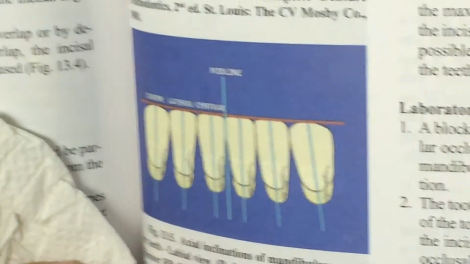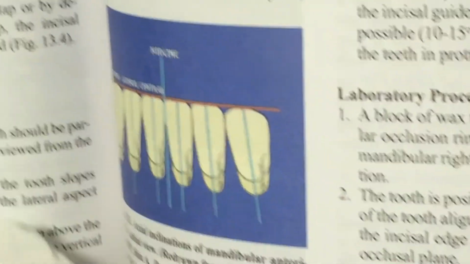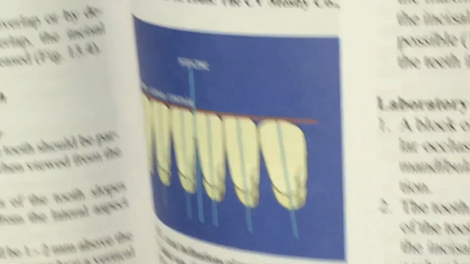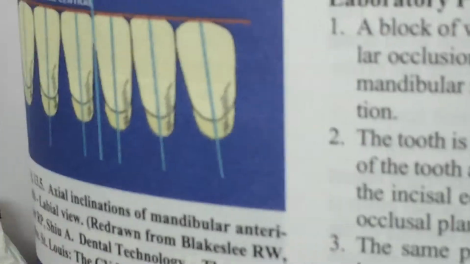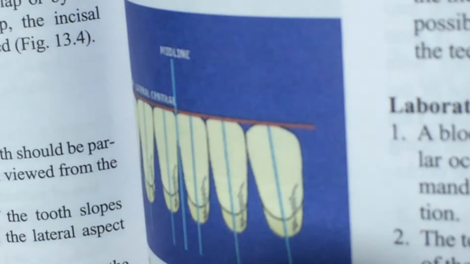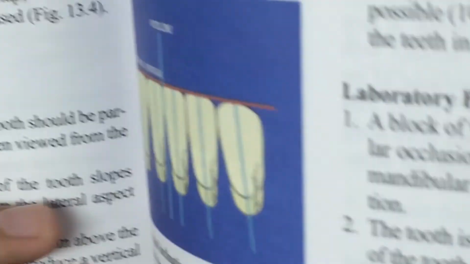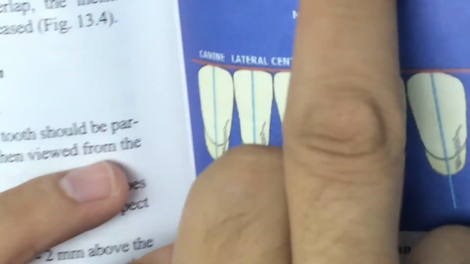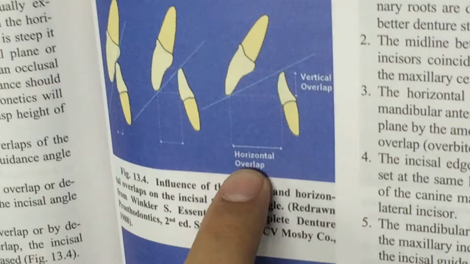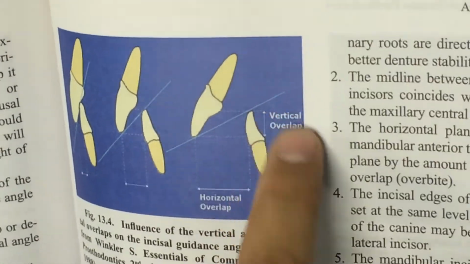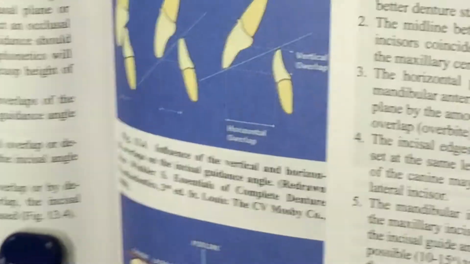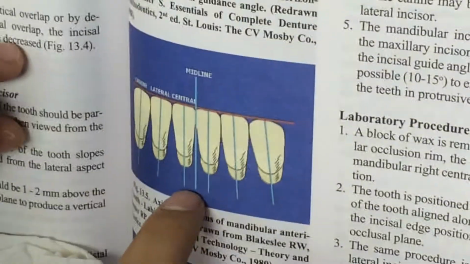If you can see here, all are in the same level, 2 millimeter above the occlusal plane. Overbite. Someone said overjet, what is overjet? So horizontal overlapping we call it overjet, and vertical overlapping is overbite. So all the anterior lower gonna be in the same level, and if you can see the long